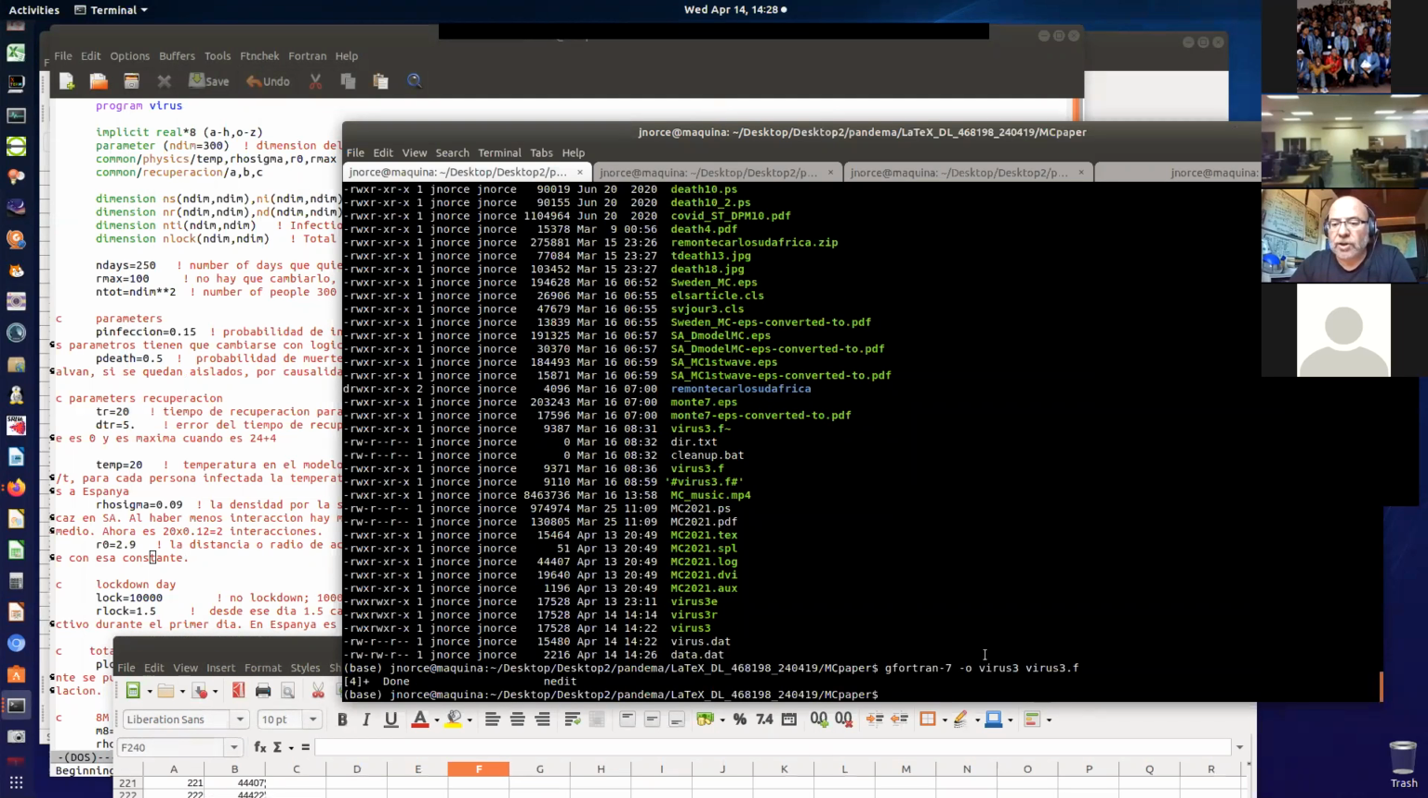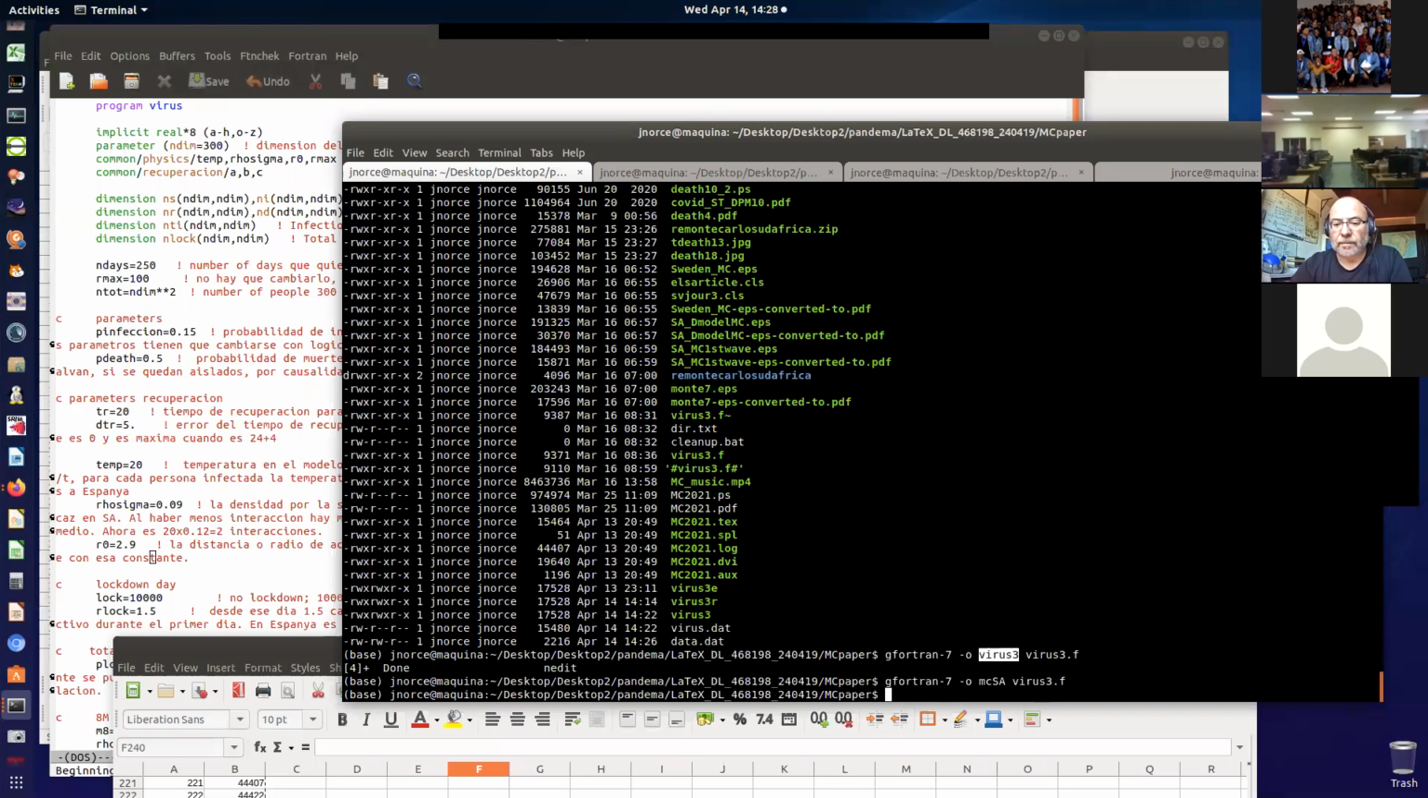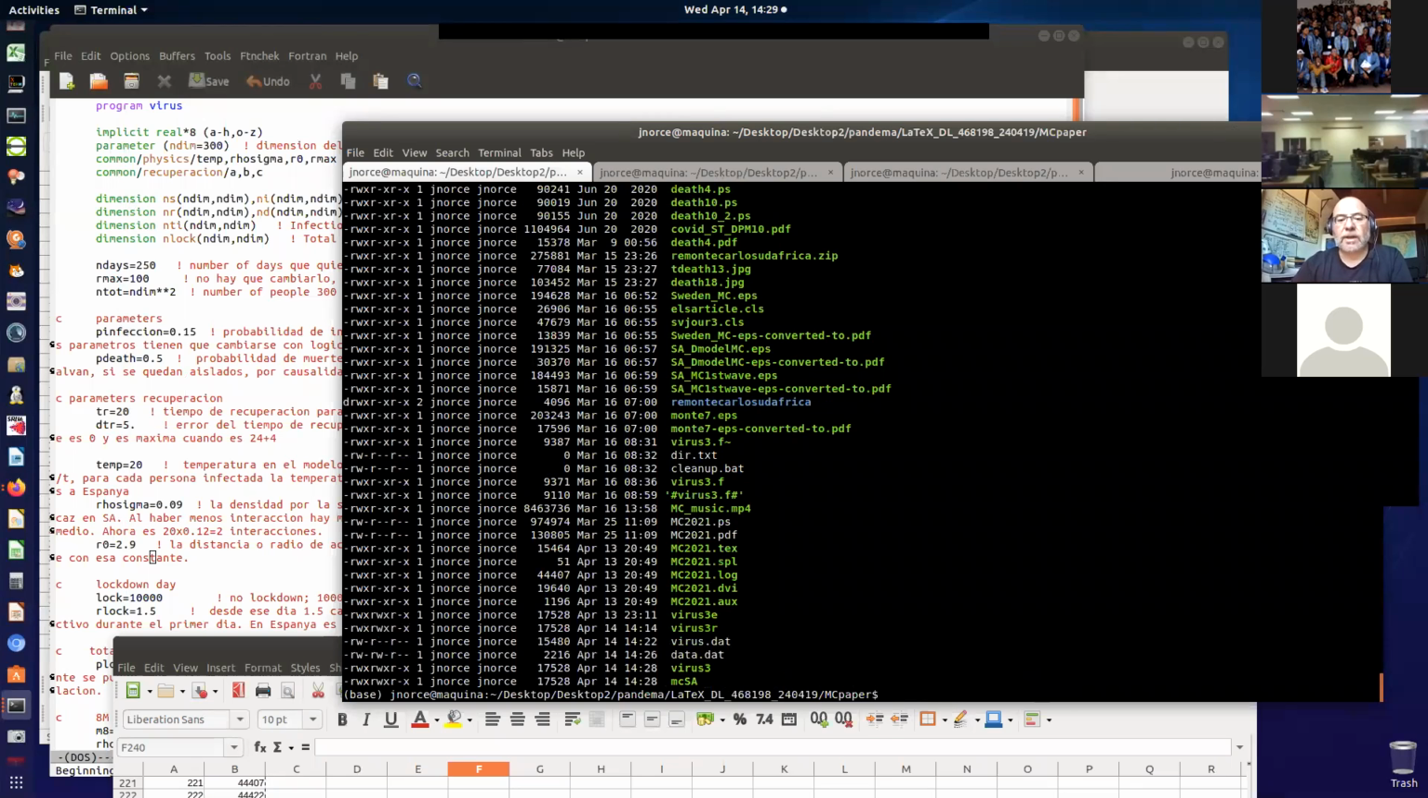With this compilation, we get an executable, which is called this one. This is the Fortran file. It's always the same: gfortran, whatever is your compiler, -O3, and virus3 is the name of your executable, which can be anything. We can call it Monte Carlo South Africa, and then ls2, and you have here Monte Carlo South Africa, right? So then to execute Monte Carlo South Africa, we do this